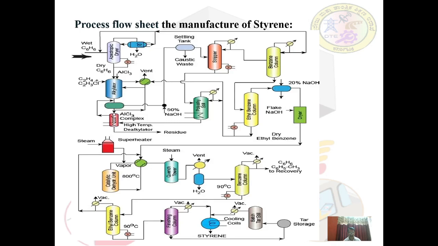as catalyst. The crude ethyl benzene from the cooler is neutralized with 50% sodium hydroxide solution, stripped to remove polyethyl benzene, and the overhead is sent to the benzene column, which separates wet benzene from ethyl benzene. A final distillation is followed by 20% caustic wash, then drying by percolation in a flake caustic bed, which produces